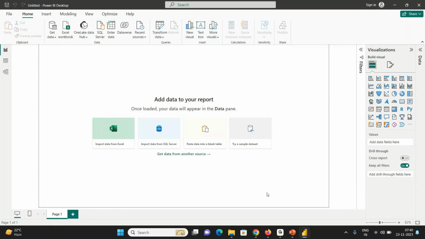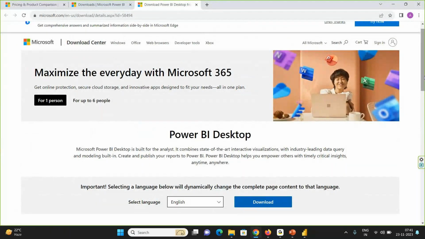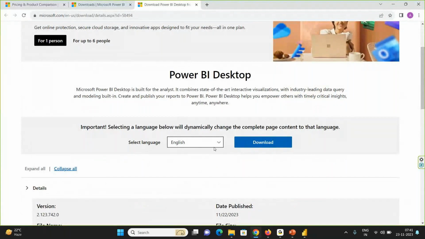Power BI, especially Microsoft products, keep updating pretty soon. Every one or two weeks, or at least once in a month, there will be some kind of update. I installed this the other day, and at the bottom you will see that there is an update available for Power BI. If you installed it the way I showed you, by going into downloads and clicking download, you need to download it again and go through the procedure of next, next, next. It will automatically install. Or you can go to the Microsoft Store from your machine,